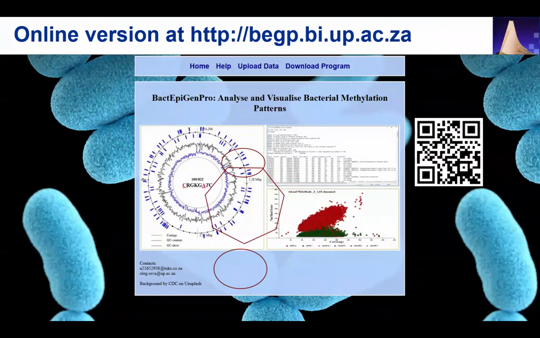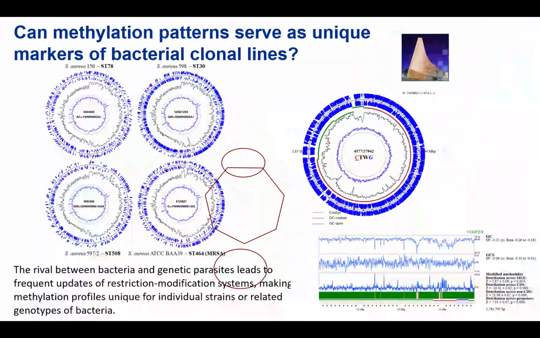We developed a new program and submitted a paper now. The program is available online, and this program allows us to visualize distribution of methylated nucleotides on chromosomes and to perform statistics of which genes may be affected by these specific epigenetic modifications. The program is available online, but also at GitHub, so it can be downloaded and run on your computers locally. This program can be used to visualize specificity of the pattern of distribution of methylated nucleotides, which specific motifs are